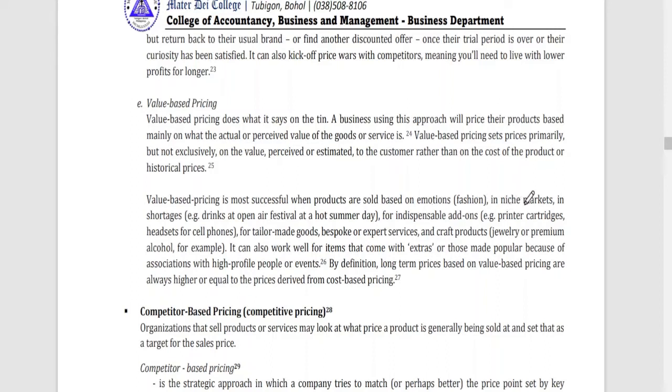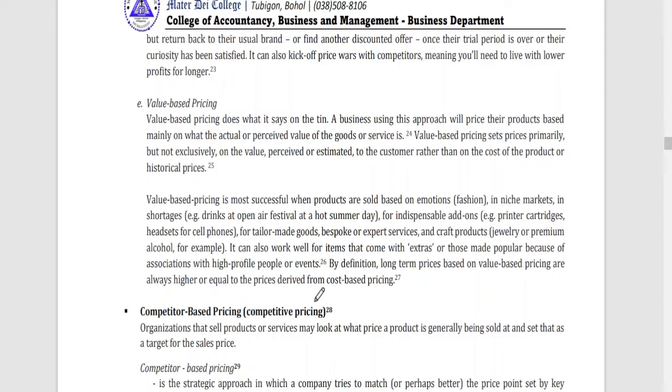In niche markets, in shortages, like drinks at open air festival at a hot summer day, for indispensable add-ons like printer cartridges, headsets for cell phones, for tailor-made goods, okay, bespoke meaning customized na siya, okay, or expert services. So depende gid sa unsa gyud pagama mao pod iyang pricing,